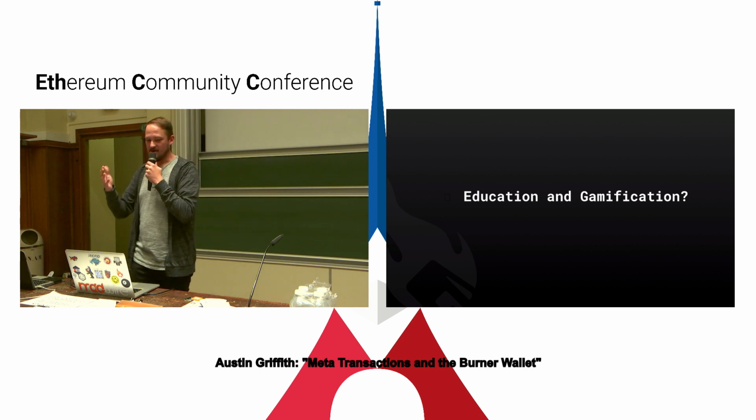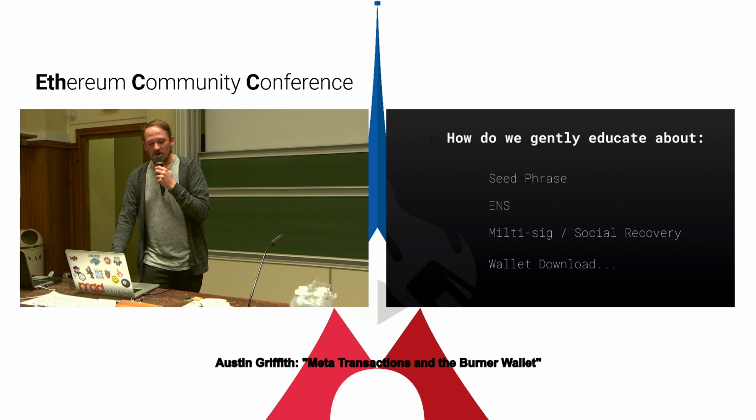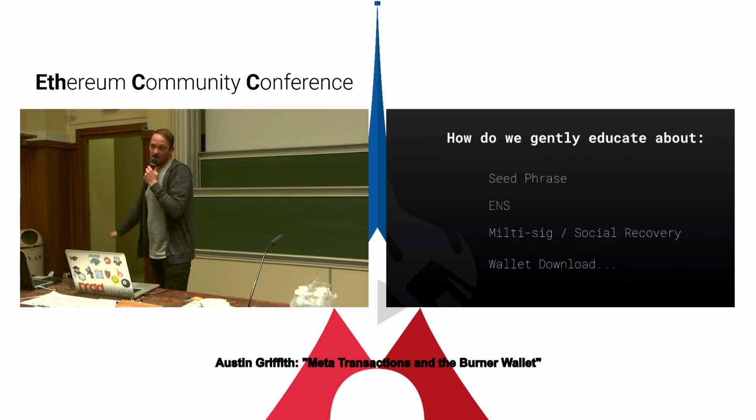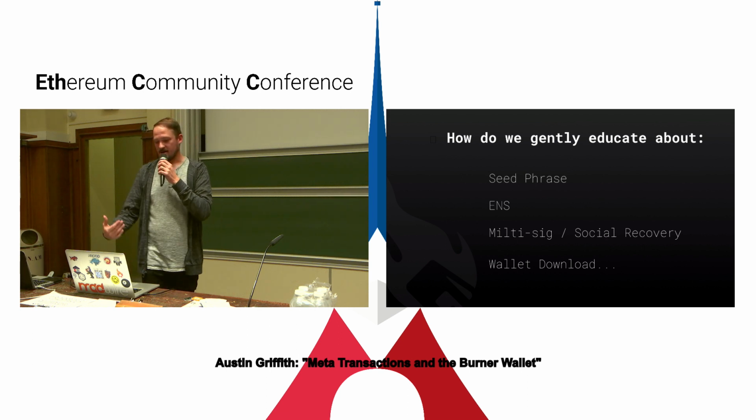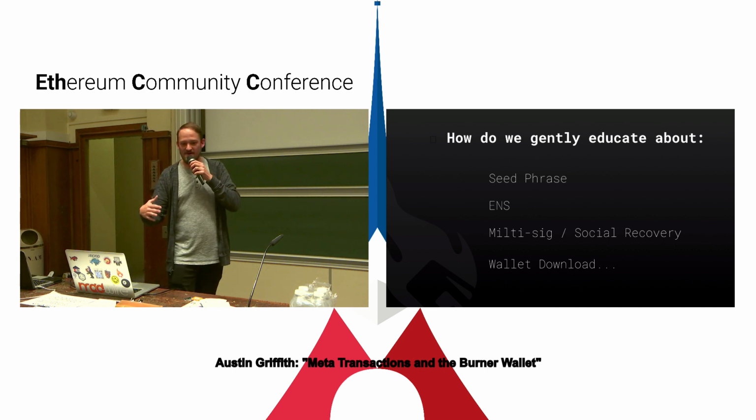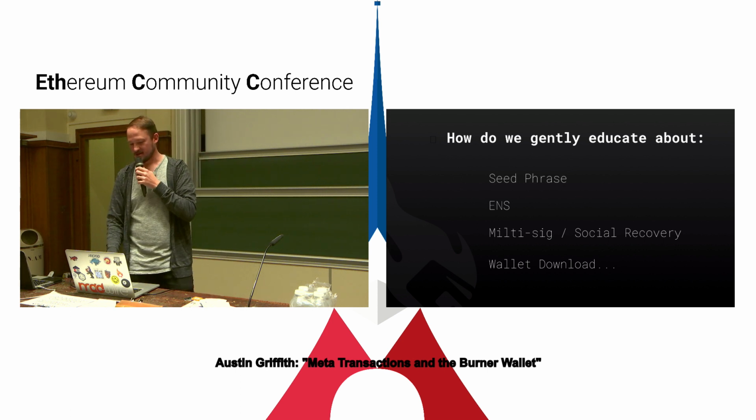And so there are certain things that we have to figure out of like, what do we teach them about and what do we hide away, right? And I think for UX and good adoption, we have to almost hide everything away at first, but then slowly show some stuff off. So one thing is like a seed phrase.